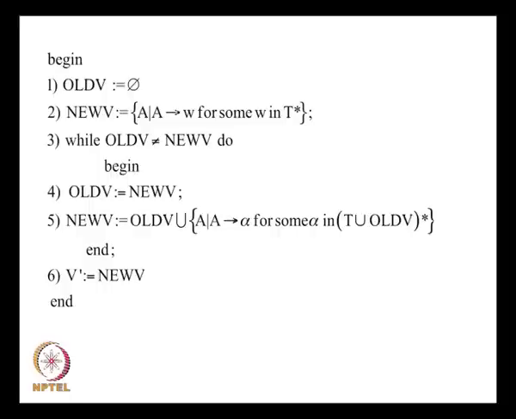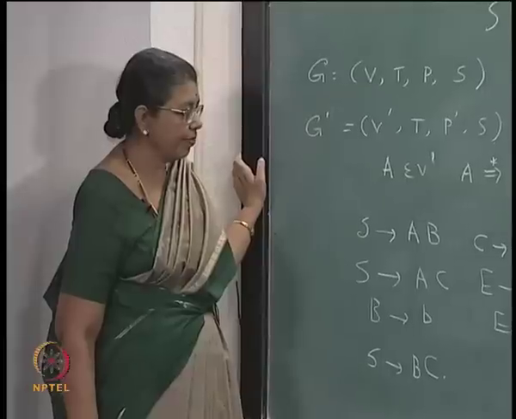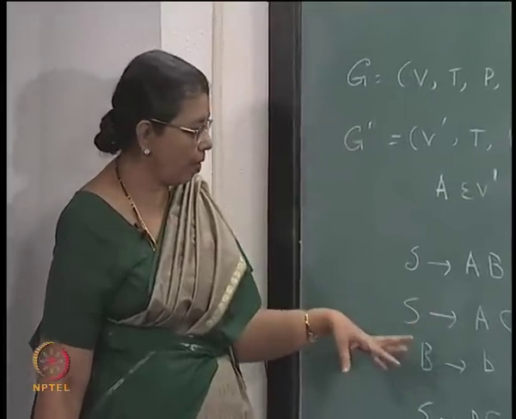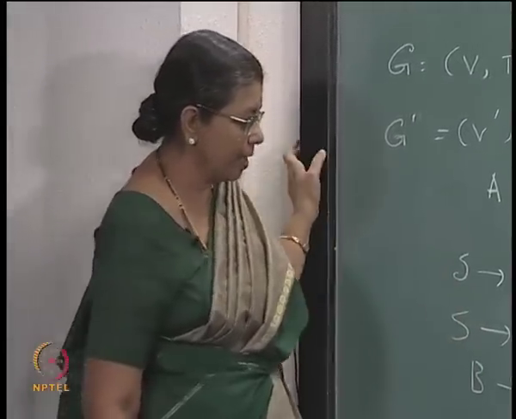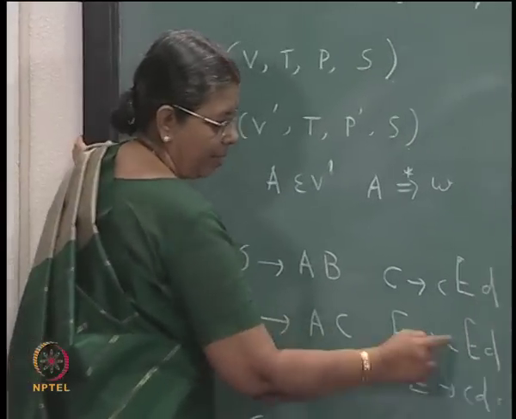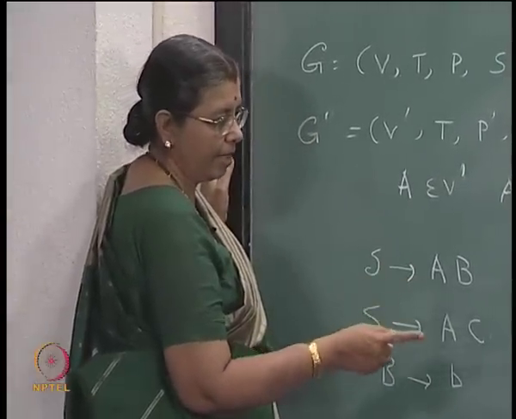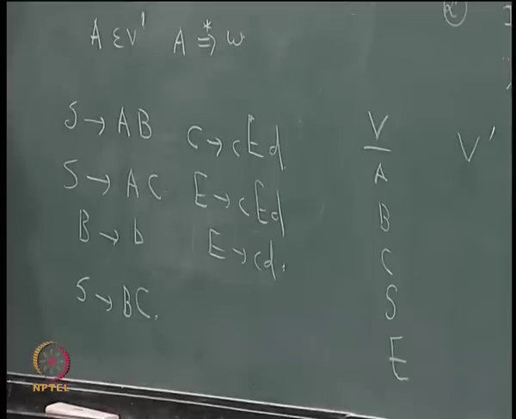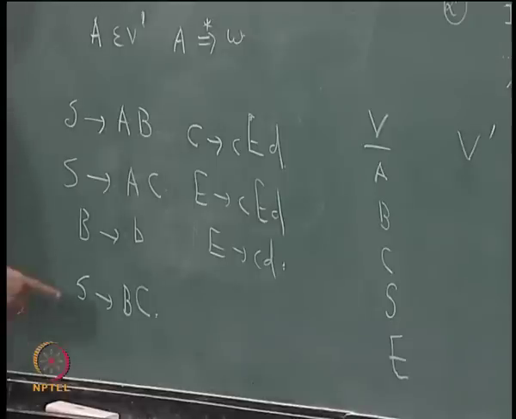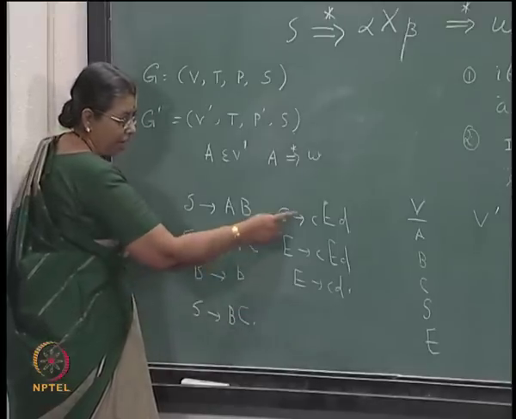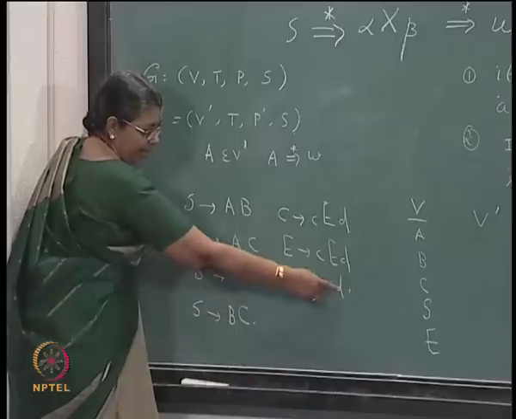We will have the following non-terminals. How will you construct? First look at the rules where the right hand side small a, b, c, d are terminal strings, b, c, d they are terminal symbols, non-terminals are capital A, B, C, S, E. The language generated is non-empty because S goes to B C, from B you can derive b, from C you can derive c, E, D and then E, C, D.